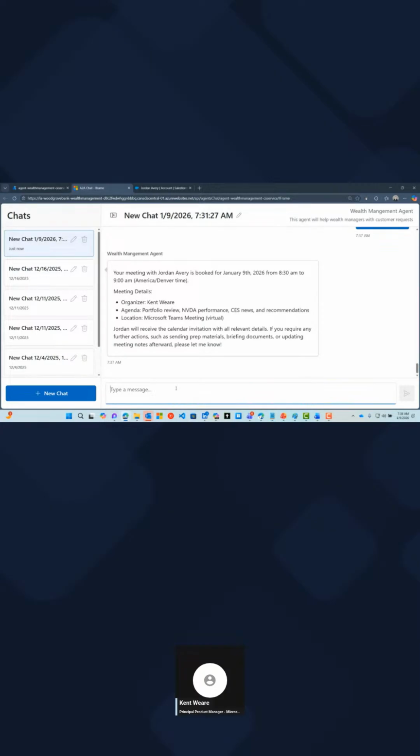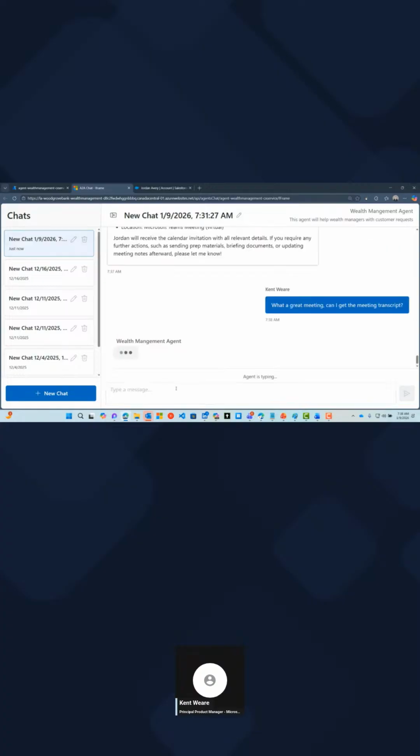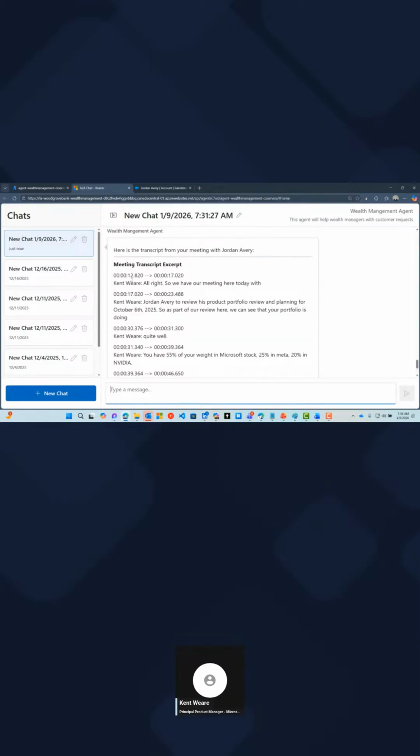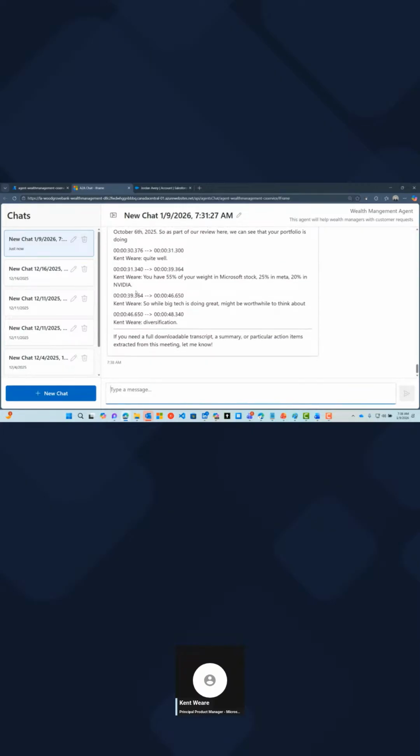and we naturally want to go ahead and get the summary of this particular meeting. Now, obviously, this meeting is fictional, but the idea is we can go ahead and retrieve meeting transcripts from the Graph API. So what I've got is a meeting that previously took place where I recorded a conversation and we were able to basically have that transcript. So that's what's going to be retrieved here. So it's going to go ahead and get the latest transcript from that meeting, and you can kind of see in the Teams format all of the exchanges that were going back and forth.